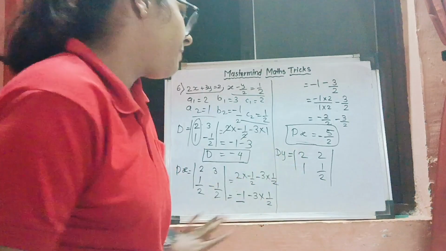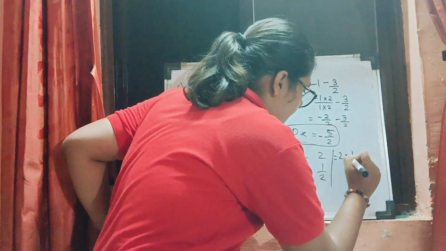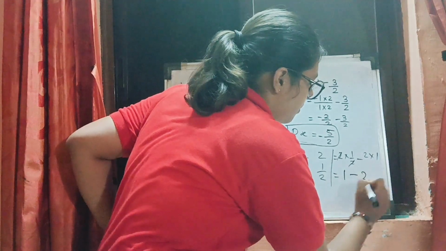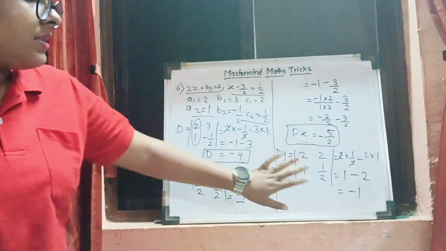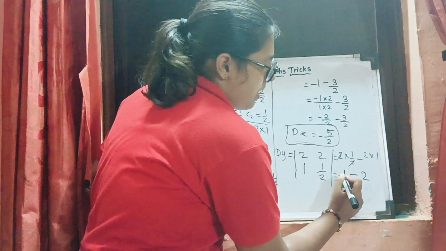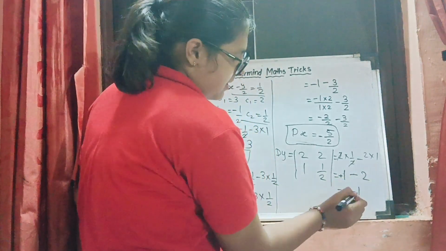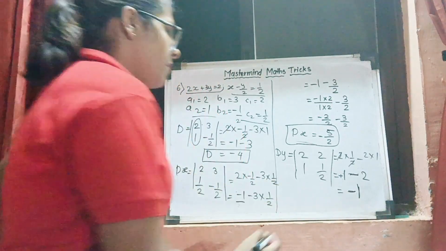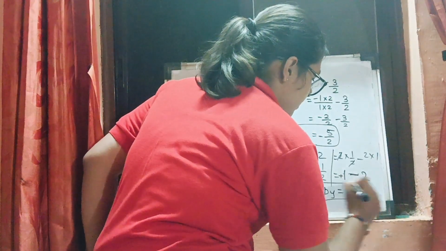No minus. Okay. So after that, 2 multiplied by 1 by 2 minus 2 multiplied by 1, which is equal to, cancelling the 2s, 1 minus 2, which is equal to minus 1. Okay, so this was, if you can't do it, you must do plus, here plus. Plus minus minus, so you have to subtract this. 2 minus 1 is equal to 1, and give the greater number's sign, which is minus. Understood? Okay, so the value of dy is equal to minus 1.